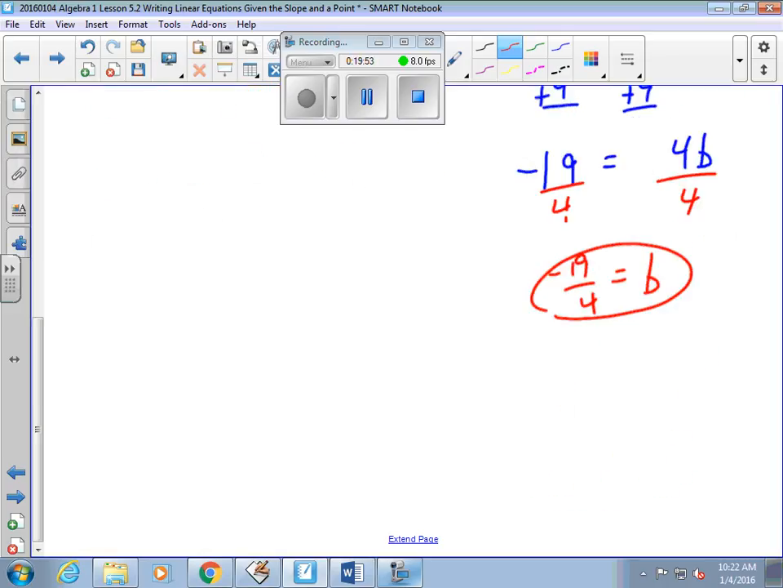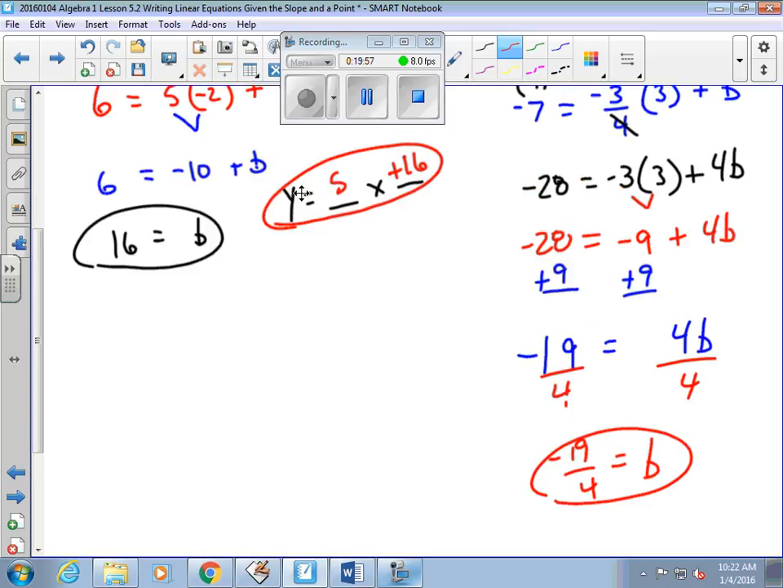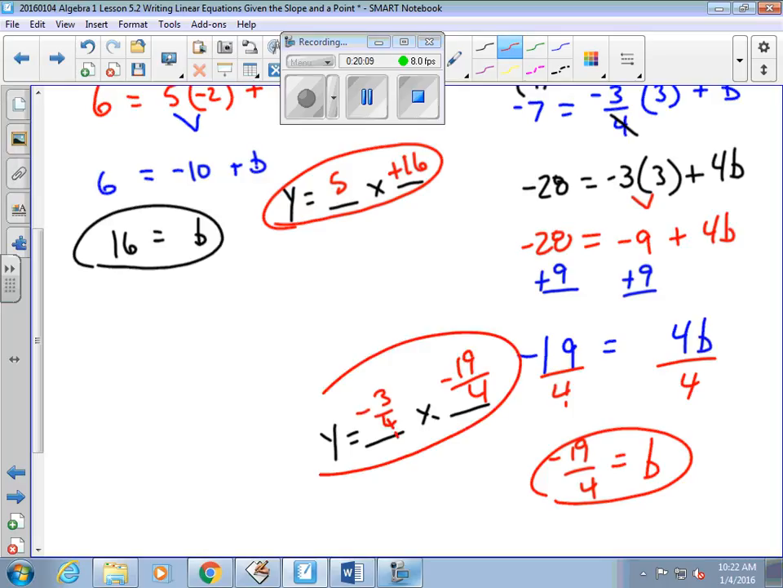So then y equals mx plus b. This turns into a long problem. y equals mx plus b. We just found b's value is negative 19 over 4. m's value originally was negative 3 over 4. y equals negative 3/4 x minus